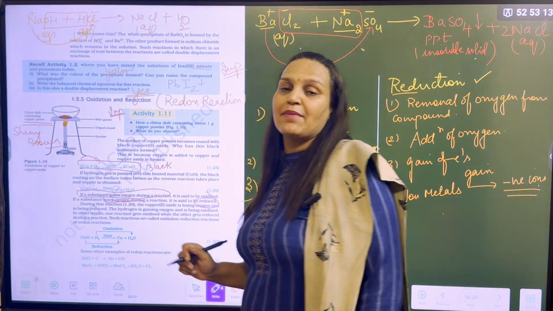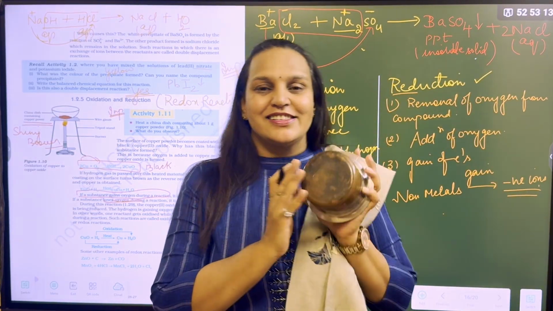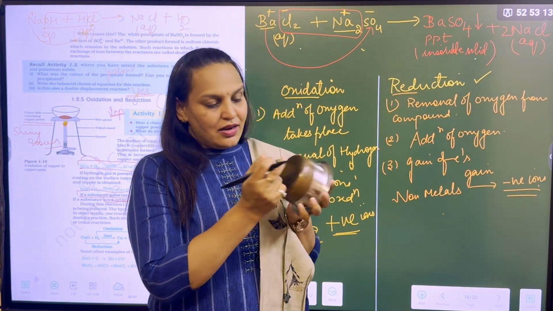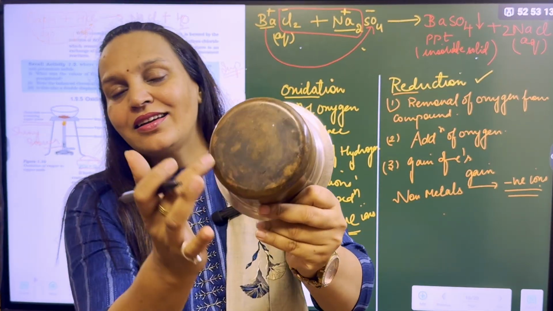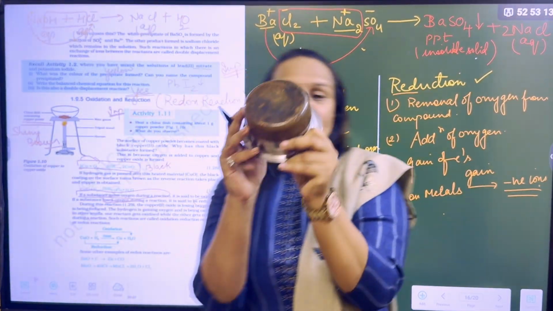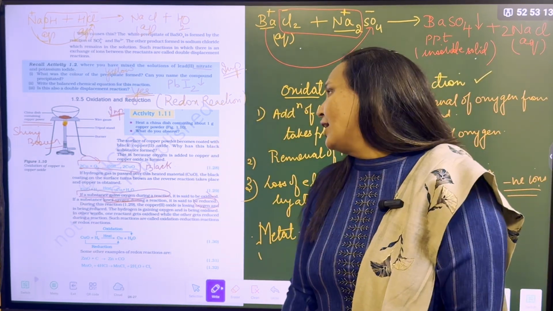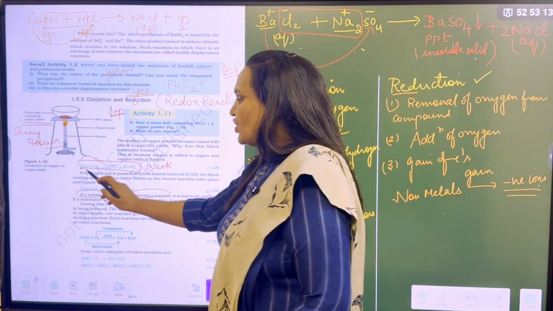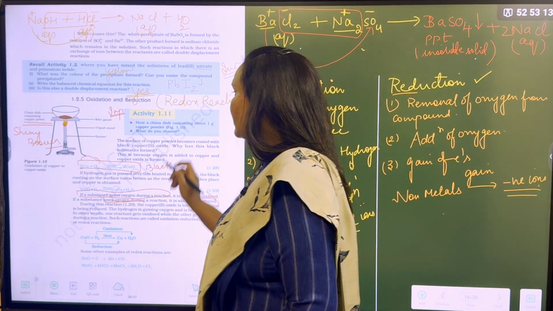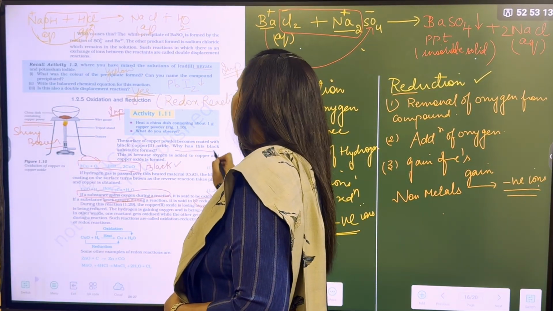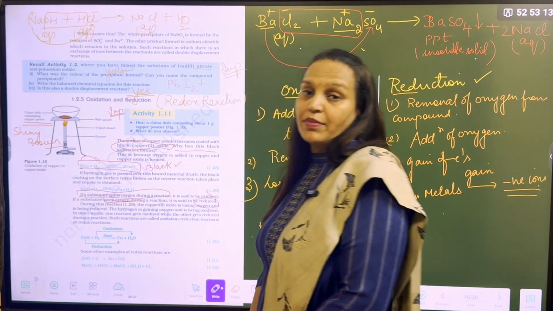Shall I show you the example? See kids, we have copper utensils in our kitchen. It is a shiny brown metal. But when we cook, can you see this has become black in color? Because it is oxidized. So it is a very simple example you can see in your real life. So copper is shiny brown. When it oxidizes, it becomes black. Please remember. What do you observe? It has become black coated because copper oxide has formed.